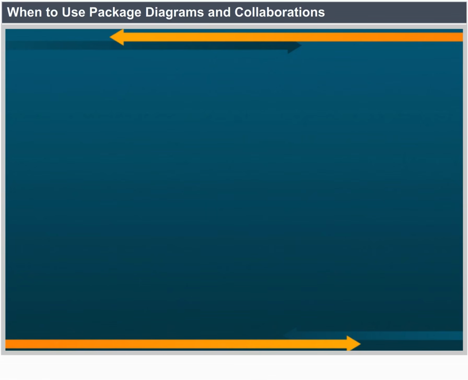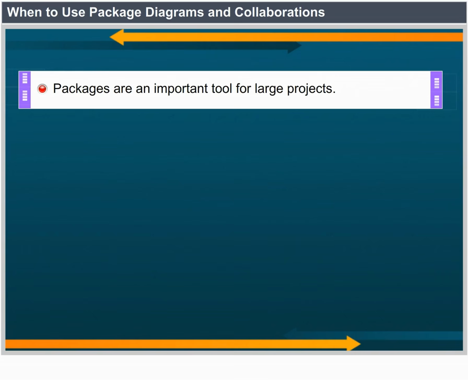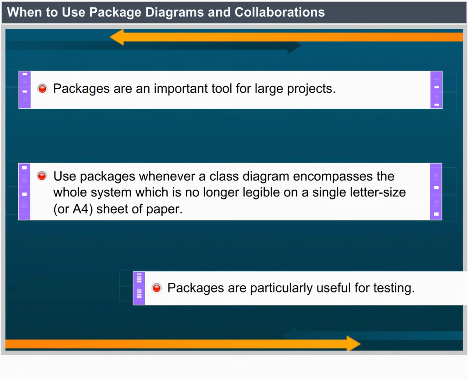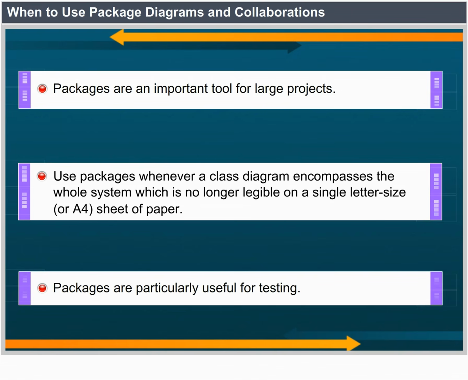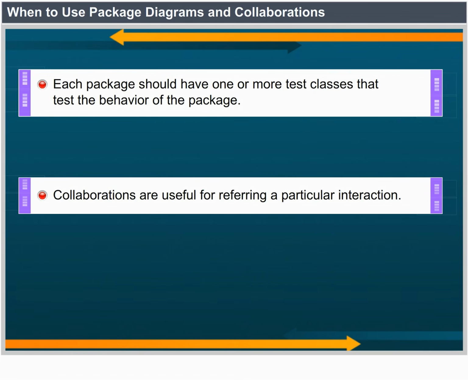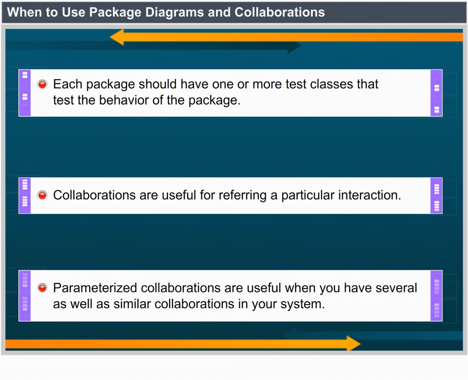When to use package diagrams and collaborations. Packages are an important tool for large projects. Use packages whenever a class diagram encompassing the whole system is no longer legible on a single letter size or A4 sheet of paper. Packages are particularly useful for testing. Each package should have one or more test classes that test the behavior of the package. Collaborations are useful for referring to a particular interaction. Parameterized collaborations are useful when you have several similar collaborations in your